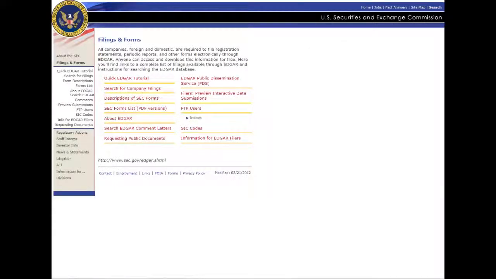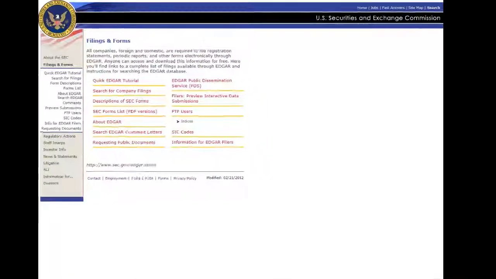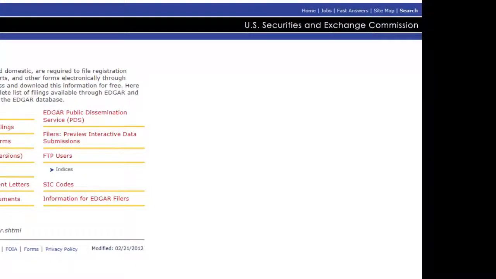This tutorial discusses the procedure for retrieving Securities and Exchange Commission corporate filings from Bloomberg Law. Through Bloomberg Law, you can access EDGAR, the SEC's electronic data gathering, analysis, and retrieval system. EDGAR is a database of publicly filed documents and includes companies' annual 10-K reports, S-1 prospectuses, and many other types